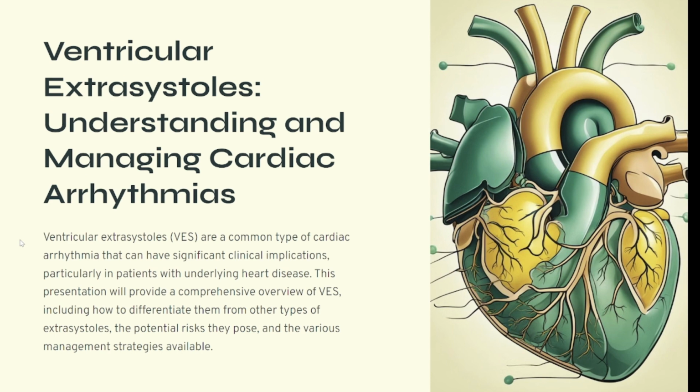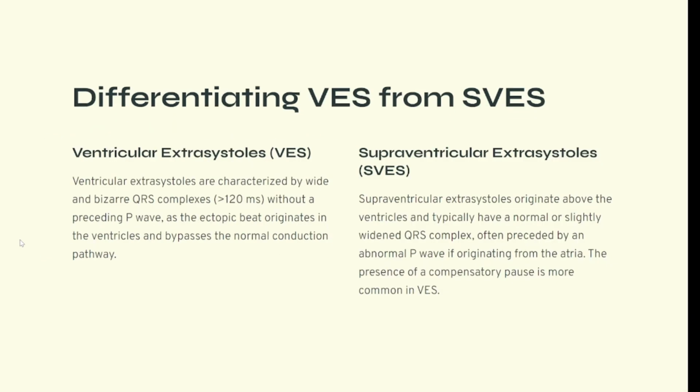Oral exam questions and answers on ventricular extrasystoles. Question 1. Q. How can you differentiate ventricular extrasystoles from supraventricular extrasystoles on an ECG? A. Ventricular extrasystoles, VES, are characterized by wide and bizarre QRS complexes of more than 120 milliseconds, without a preceding P wave